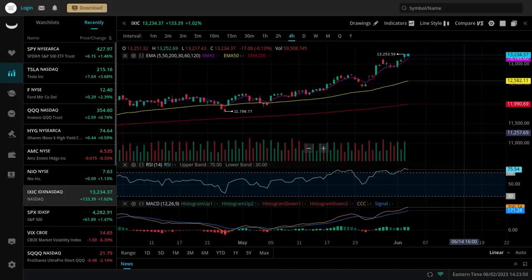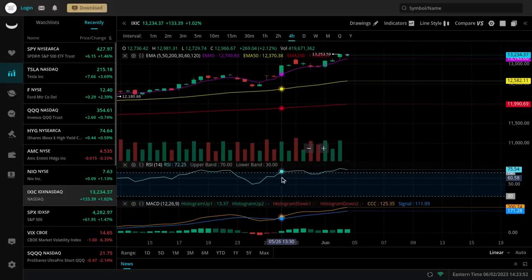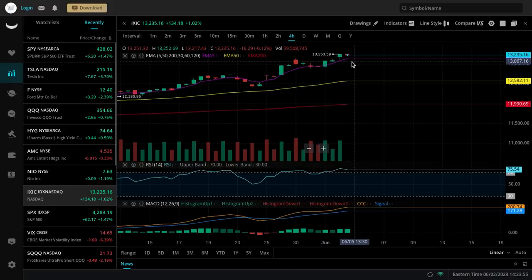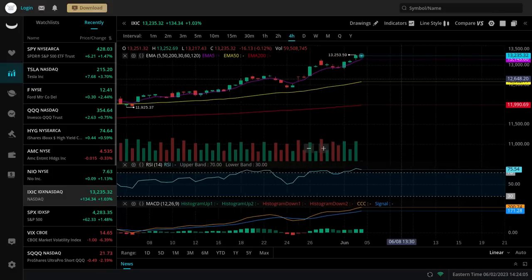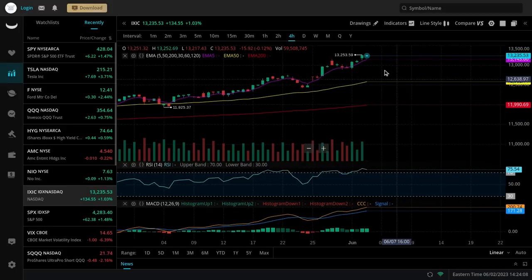Let me just show you guys that the MACD on the 4 hour is still bullish. Nasdaq is still strong. There's no confirmation of us getting a rug pull, okay? We have to wait for confirmation to know this for sure. But there's a risk of it happening because of this signal developing, right? Maybe we pump a little bit more and then we end up getting it, or it could happen as soon